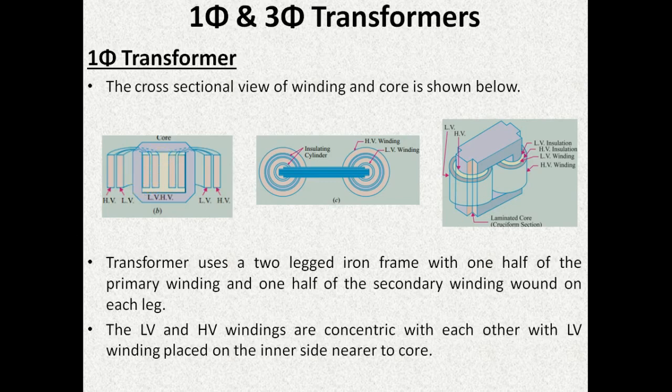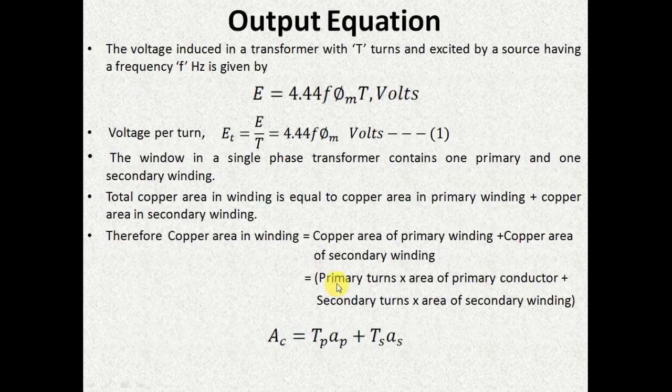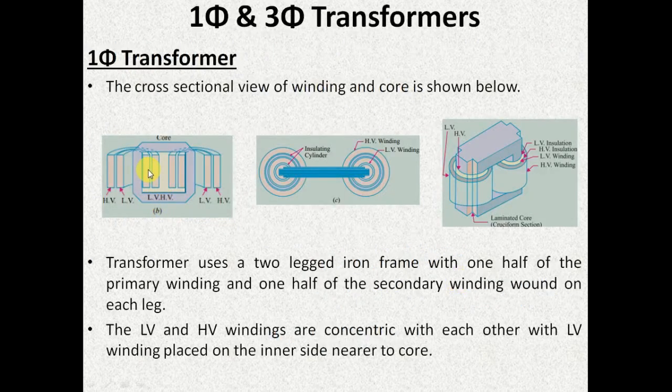Hence I can say the total copper area which is present in the window is the sum of the copper area in primary winding and the copper area in secondary winding. That is written here. Copper area in primary winding can be calculated by multiplying the primary number of turns by the area of primary conductor. In this diagram, inside the window portion, this portion and this portion indicate the low voltage winding,